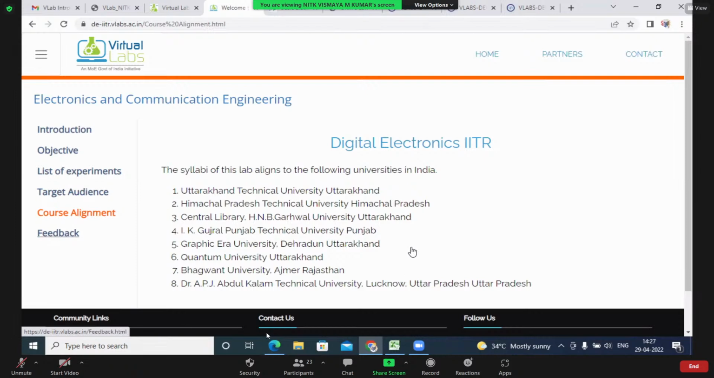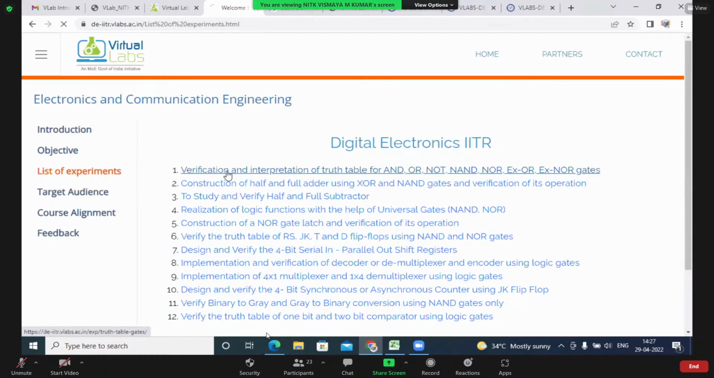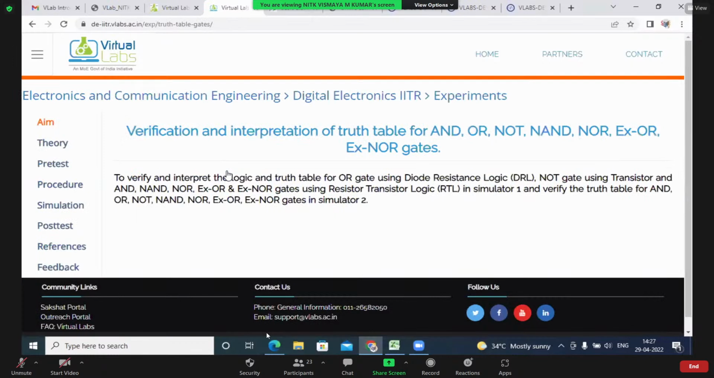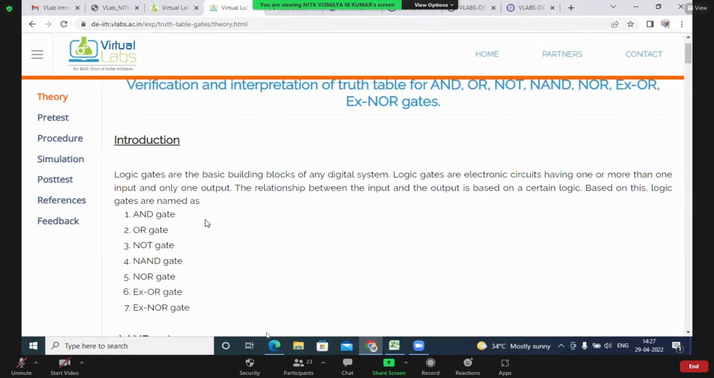And you can provide feedback, and for each lab we will have a feedback section. For each experiment we have the aim, theory, procedure, simulation, and feedback. The aim is given here. Theory, as I already told, has formulas and all. As it's a logic gate, so we have